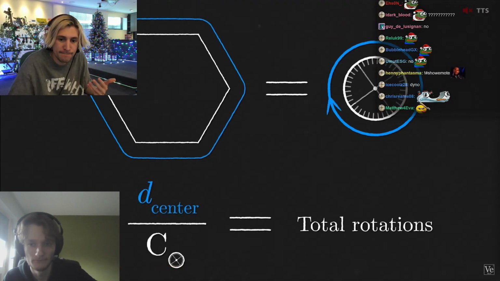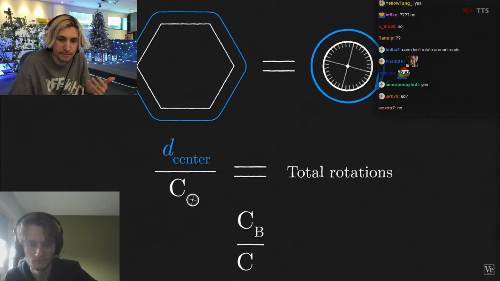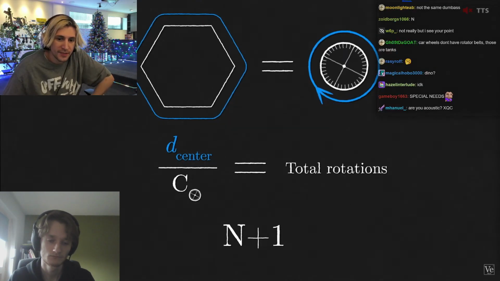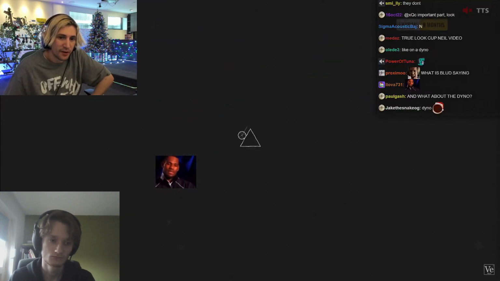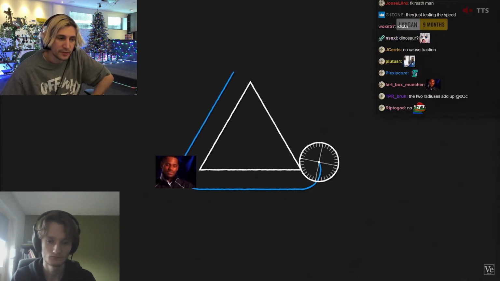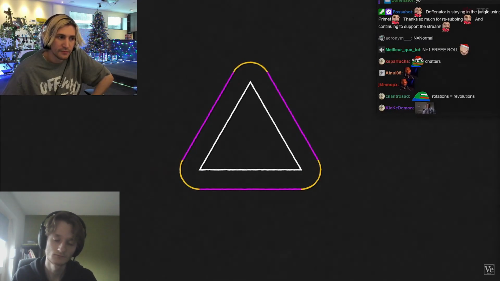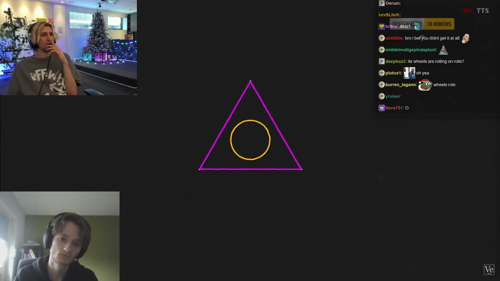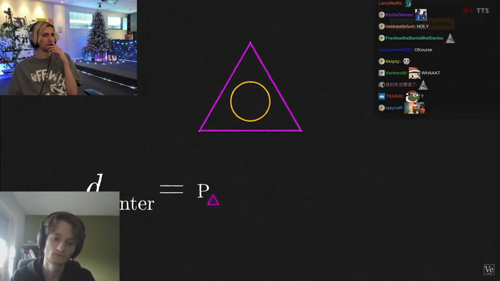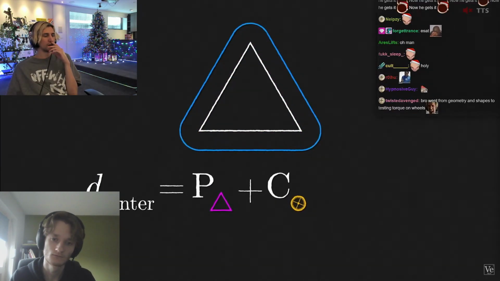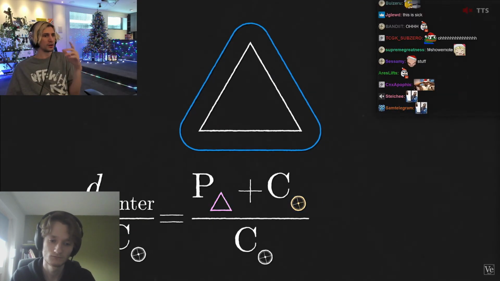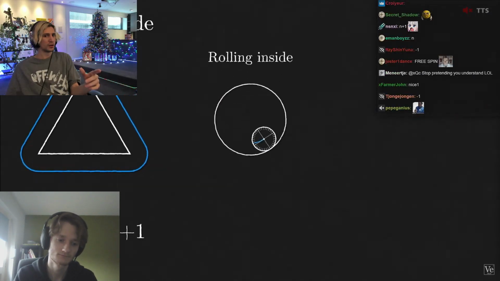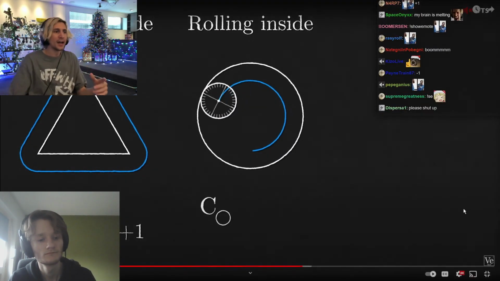This is an even more general solution than our answer to the coin paradox, where we just took our expected answer, which we'll call n, and added 1, and it reveals where this shortcut comes from. If a circle is rolling continuously around a shape, the circle's center goes around the outside, increasing its distance traveled by exactly 1 circumference of the circle. So the distance traveled by the circle's center is just the perimeter of the shape plus the circle's circumference. When we ultimately divide this by the circle's circumference to get the total number of rotations, we get n plus 1. If a circle is rolling continuously within a shape, the distance traveled by the circle's center